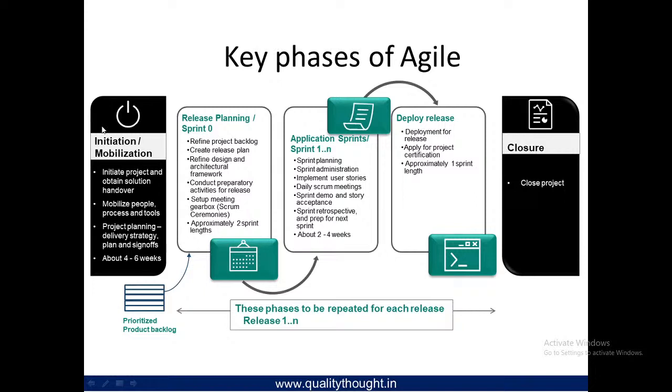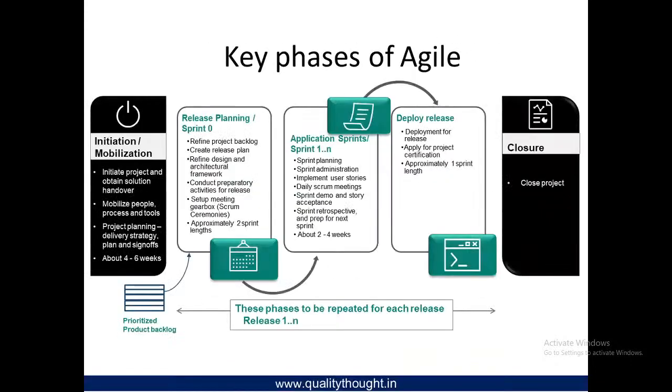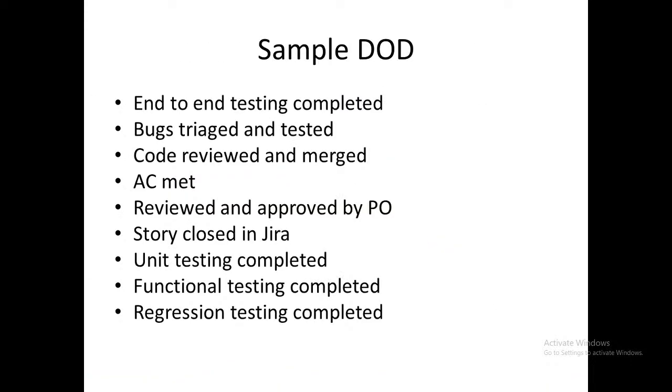In that agile test plan, they define the testing criteria to be followed in the project, at a high level. I'll show you that agile test plan also. One more thing: they will also define the definition of done. So definition of done means,